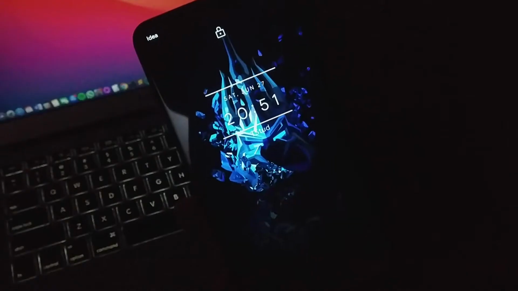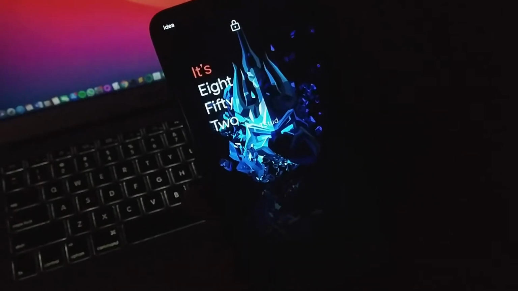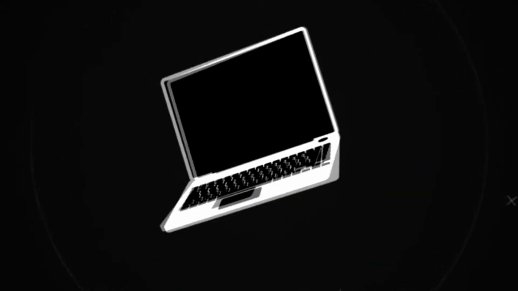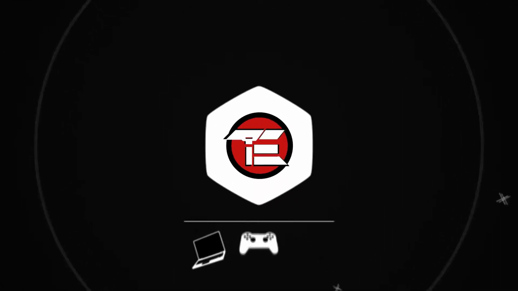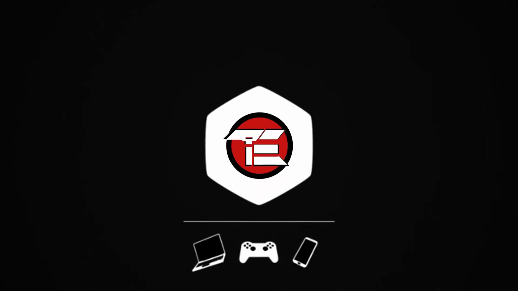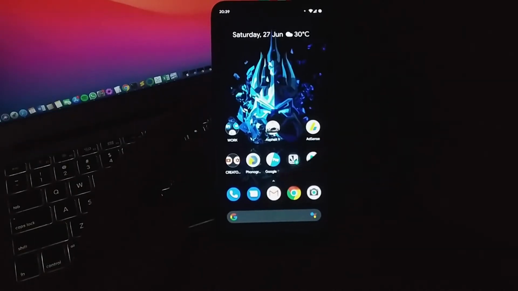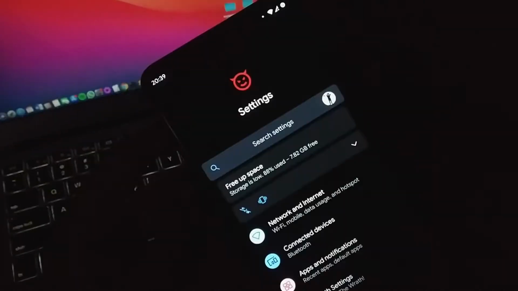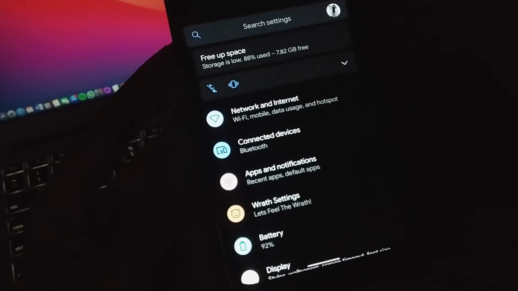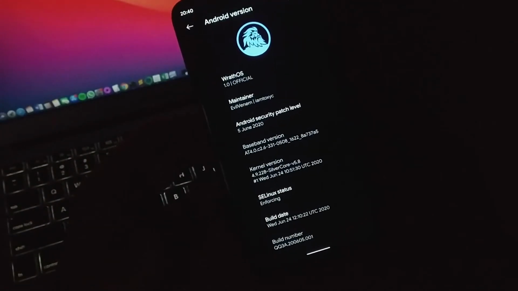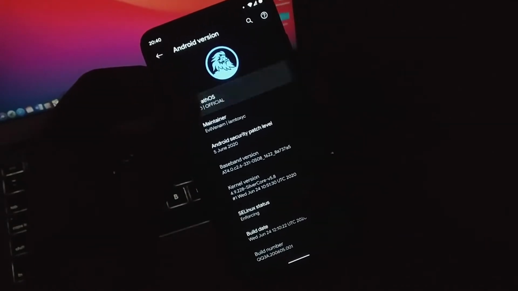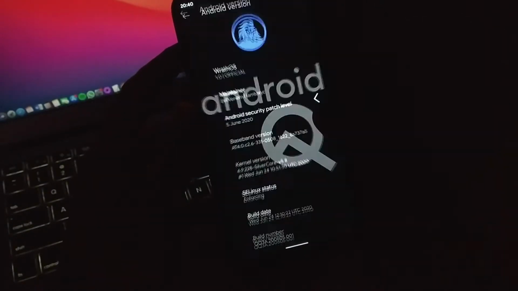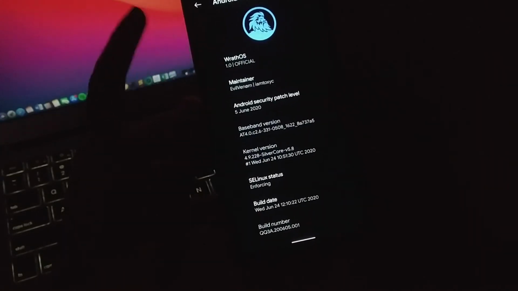This ROM is called WrathOS, which is the initial build from the WrathOS community. So hello guys, here comes the other new ROM, which is called WrathOS from the WrathOS community. This is one of the initial builds from the community itself. As you can see, this is version 1.0 official running on the Silver Core kernel. Tapping on the version, you can see the Android 10 logo moving around with the Q1.